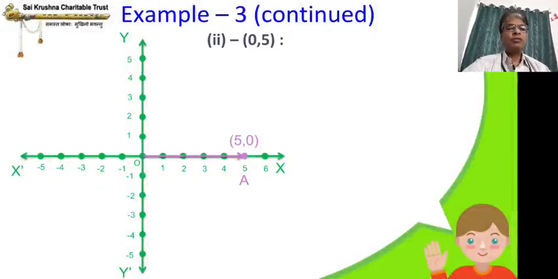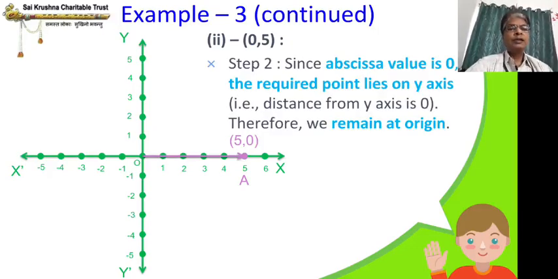The next point is (0, 5). So now you see, I am sure 100% all of you will get it. Pause the video, do the 2 steps and see what is happening, where you are getting the coordinate. Yes, I am sure all of you would have got it. I am going to start. Since abscissa, the x coordinate, is 0, we remain at the origin itself. We are not going to move because the distance from y axis for this point is 0, so we remain at the origin. And then the ordinate value, that is y coordinate, is 5, that is plus, so we are moving in which direction?